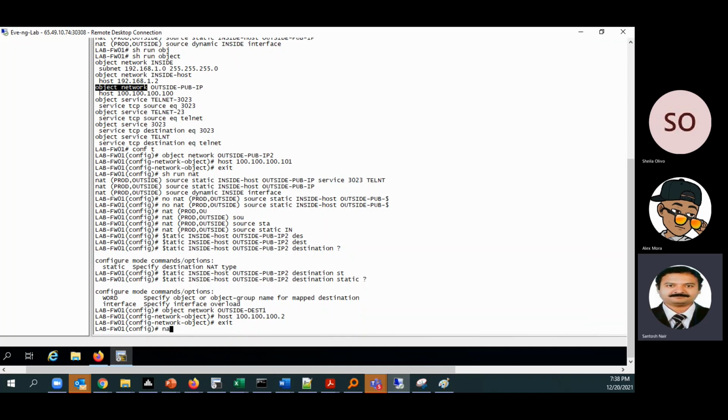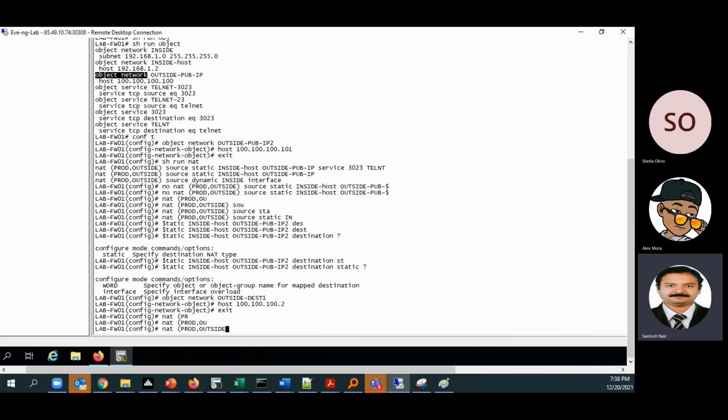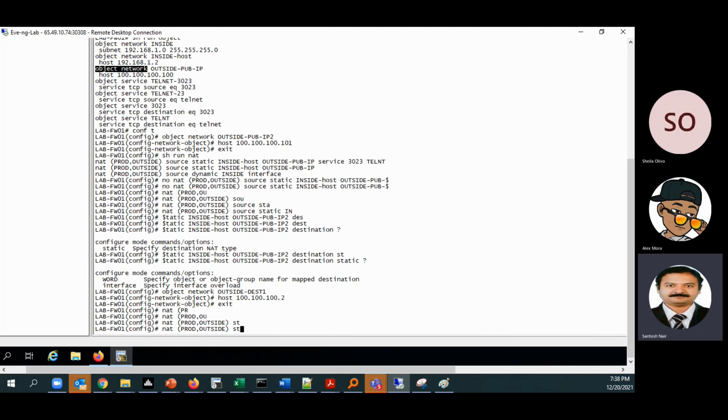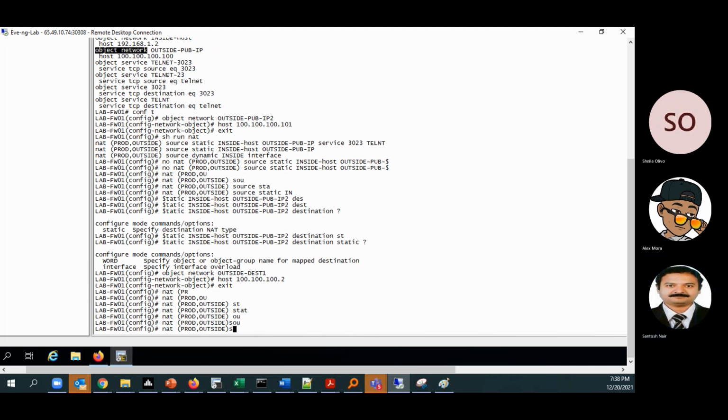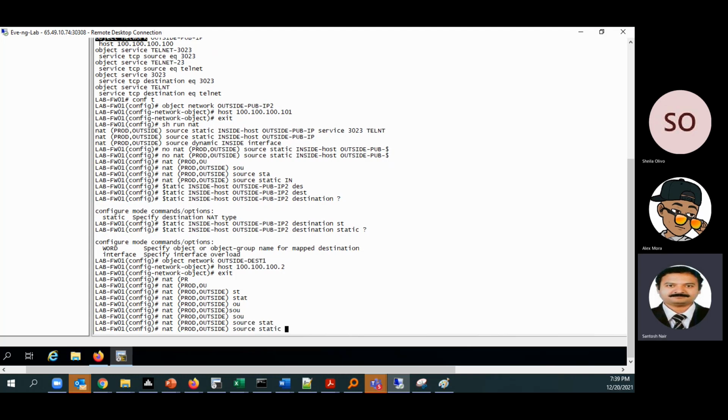So our NAT will be NAT inside outside. I'm not changing the rule number now. Then we'll give source static.